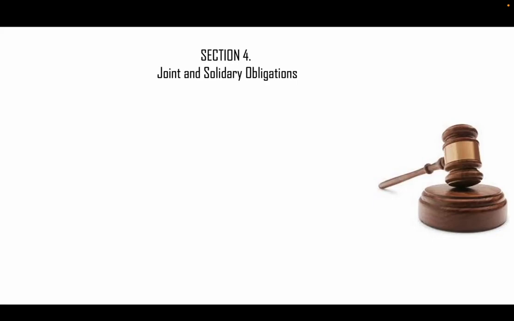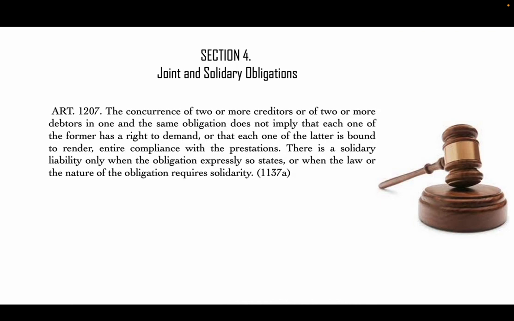Let us start. Joint and solidary obligations. Article 1207 of the Civil Code provides that the concurrence of two or more creditors or two or more debtors in one and the same obligation does not imply that each one of the former has a right to demand, or that each one of the latter is bound to render entire compliance with a prestation. There is a solidary liability only when the obligation expressly so states or when the law or the nature of